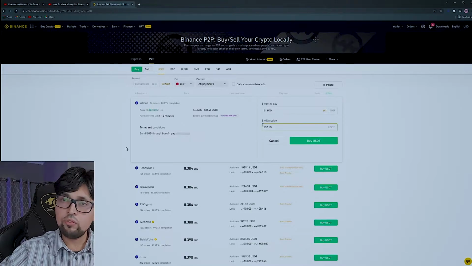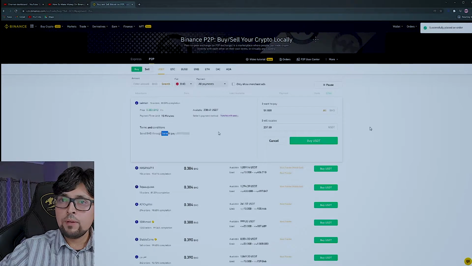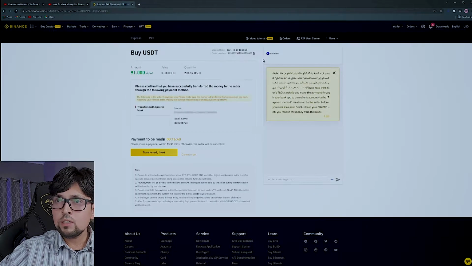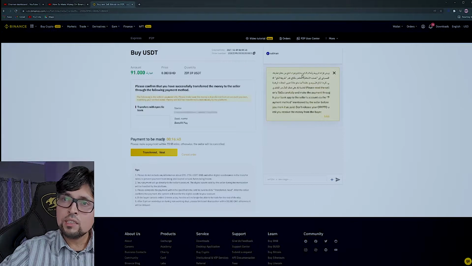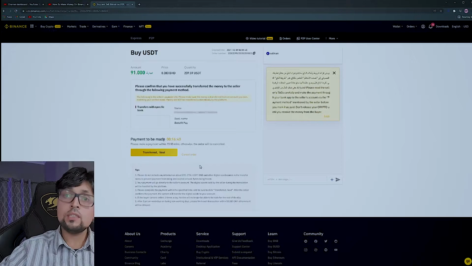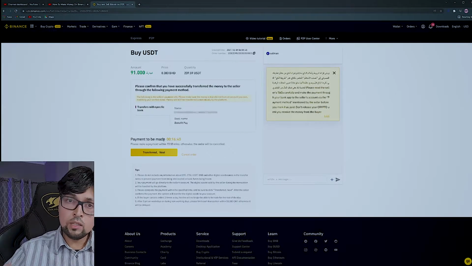Now a very important window will appear after this. That is where most of the scams can happen. On this window, you can see over here there is a communication chat tab, and over here the amount is mentioned, what is the price rate and the total amount they are selling, what are the bank specific details. On this right side window, you can see a chat window where you can communicate with this gentleman. Now the scams can happen from both ends, either from the buyer or from the seller.